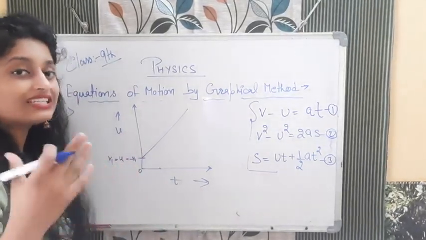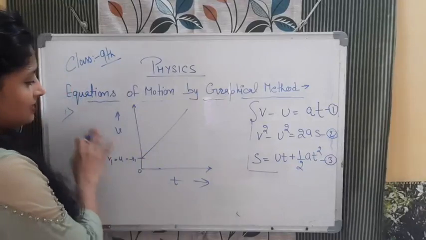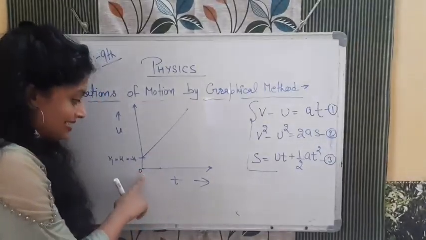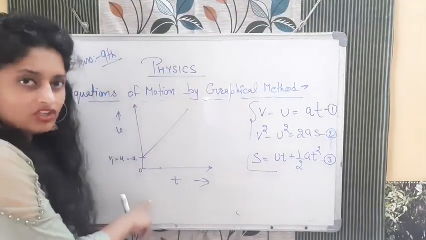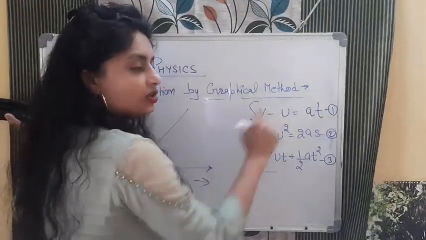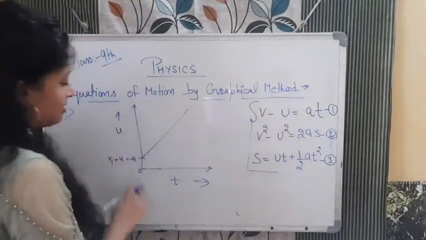Okay, this is the initial velocity from where the object starts its journey, with uniform acceleration. This side time, this side velocity. I hope you got it that we are not starting the graph from here. You can start the graph from here and you will get the equation of motion, but in that u will be 0. So what you will get? v is equal to at only. That is my point. So just to include u also, we are starting from here.